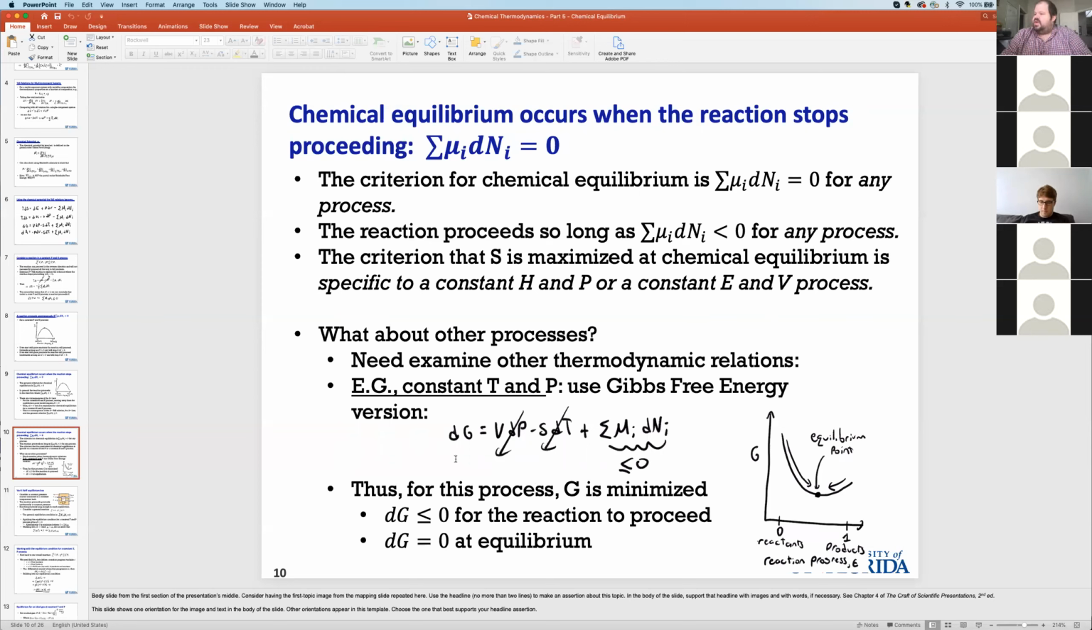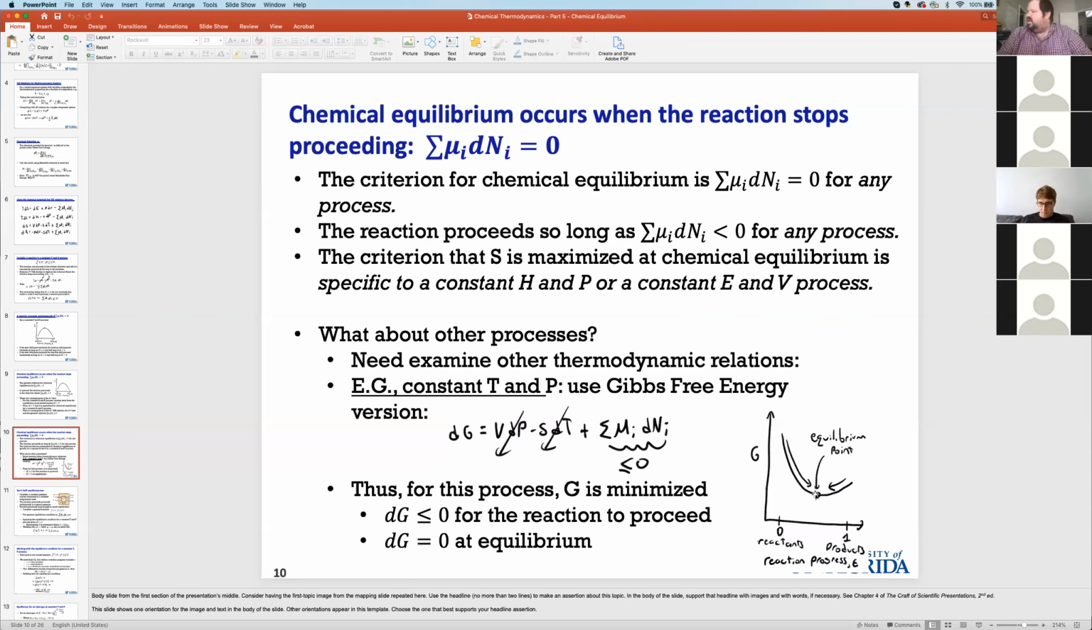Since this is negative, the change of Gibbs free energy as the reaction proceeds is negative, and dG is equal to 0 at the equilibrium point. That means chemical equilibrium for these fixed thermodynamic variables is where the Gibbs free energy is minimized. So a plot of G versus the reaction progress variable would look something like this,